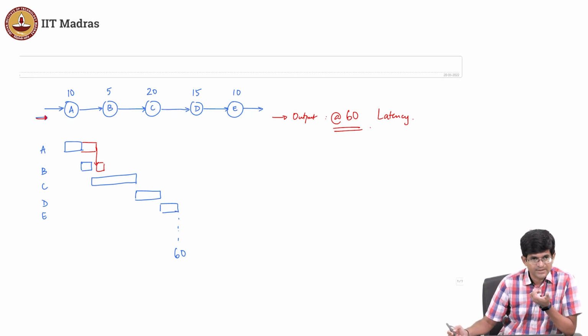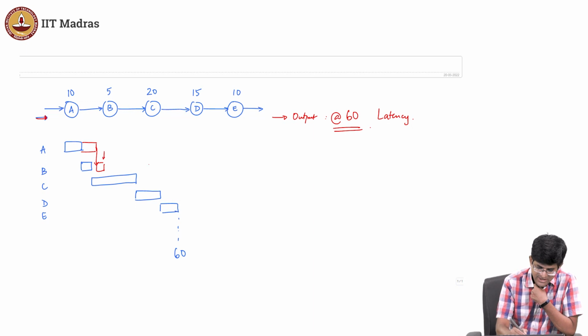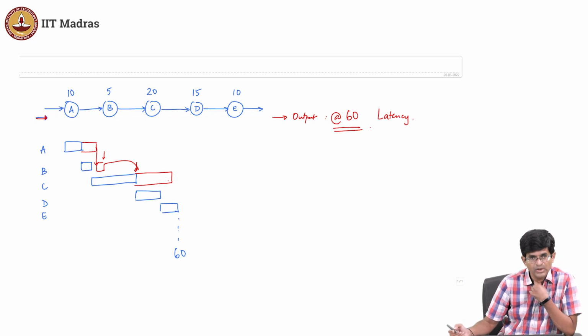That's where the problem comes, because even though B has finished its work, C is not ready to accept the next data. So C can operate either when this finishes or when this finishes, the maximum of the two. And what ends up happening is, it then takes both of those and runs from here. So the second iteration of C happens here. What about D? Same story, it has to be the max of these two, and therefore D starts from here and runs for another 15. Similarly, E also gets affected by this and finally runs from here for 10.